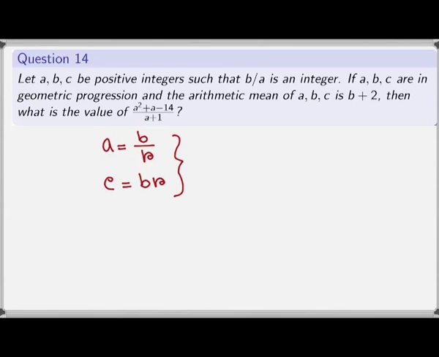We are given that B by A is an integer. In fact, we know that B by A is a positive integer as B and A, both of them are positive. Note that